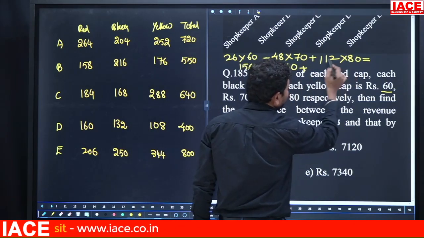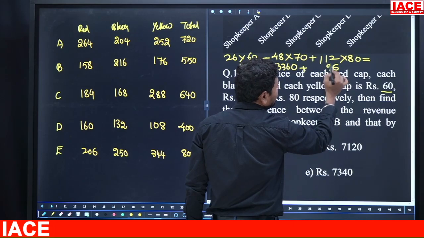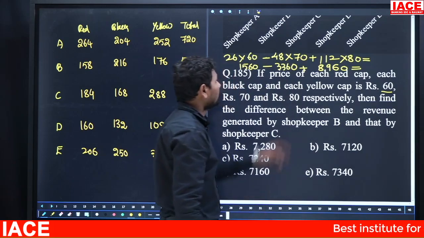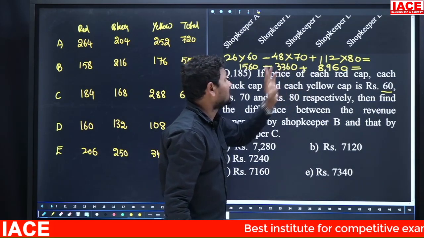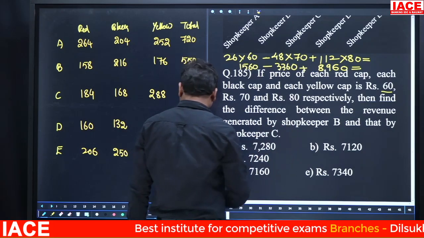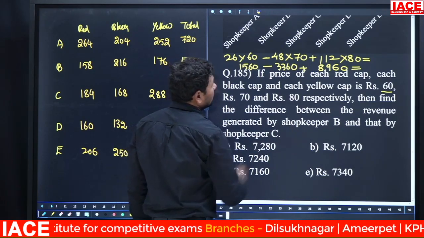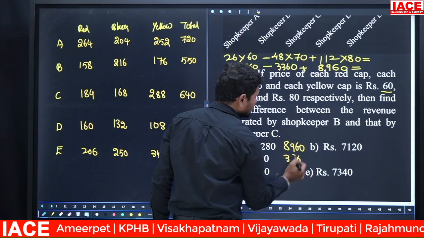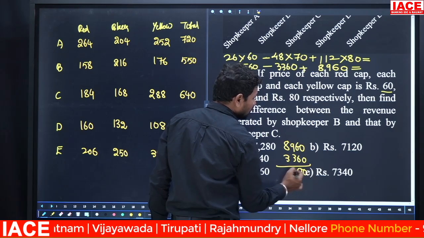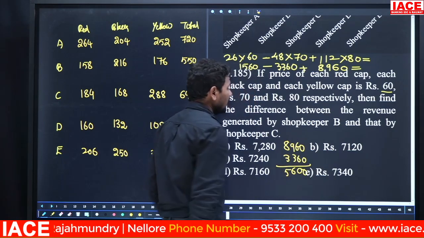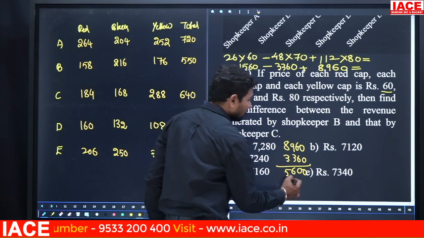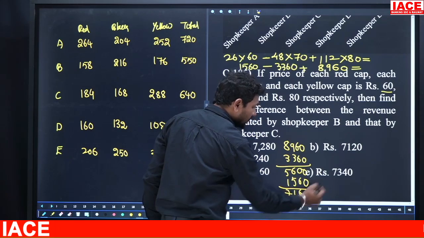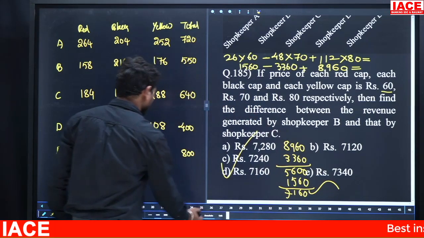And 112 into 8. 8 2s are 16. 8 1s are 8. It is a 9. 12 8s are 96. It is 8960. From 8960, here 3360 will be removed. What value will you get? 8960 and 3360. The difference is how much? 9 minus 3, 8 minus 3 is 5. Next, added by what number? 1560. Here the 60, and 8 plus 6 plus 5 is 1 and 7. 7160. Final answer option D. Option D is correct.